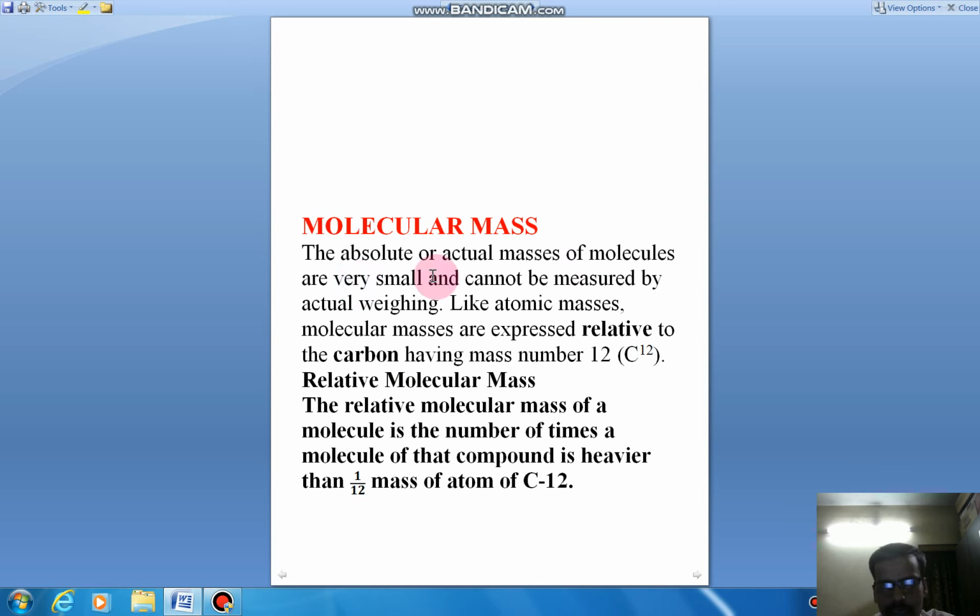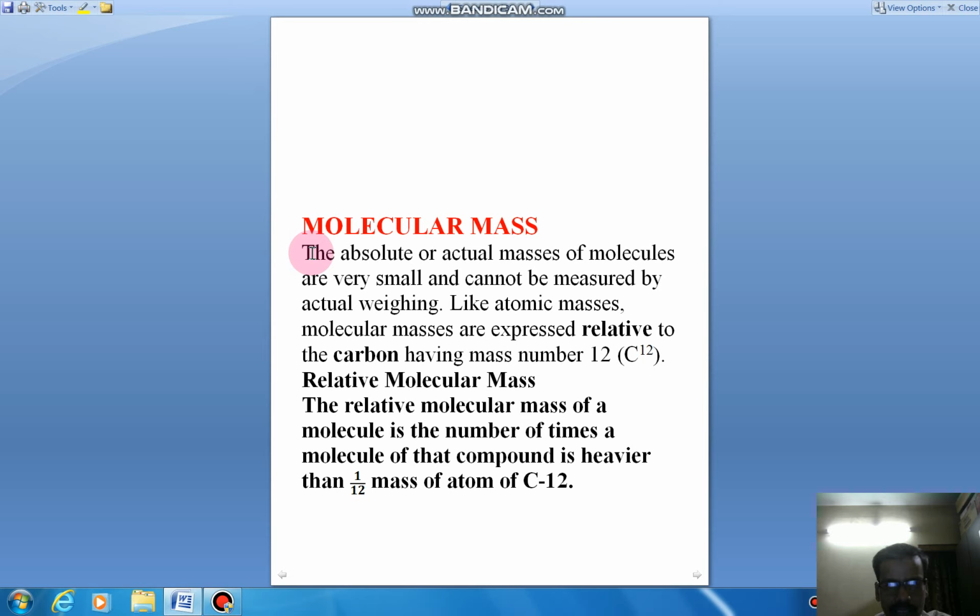Molecular mass is nothing but the mass of a molecule. Always the molecular mass is compared with carbon 12, because the mass of a molecule or atom is so small that we cannot measure it by an actual or very sensitive weighing machine. So it is known as relative molecular mass. Already you know why it is given the name relative molecular mass, because it is always compared with the other